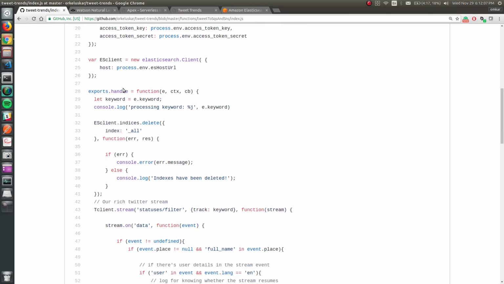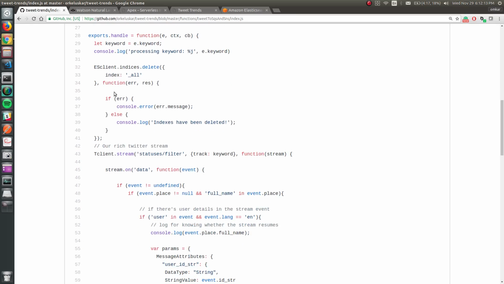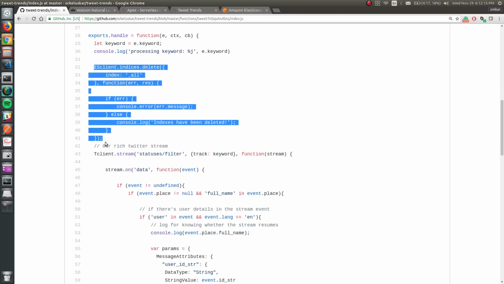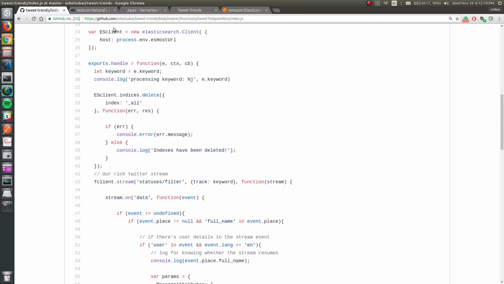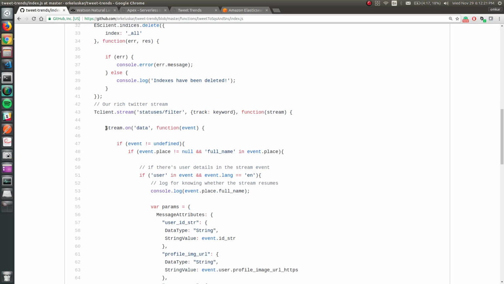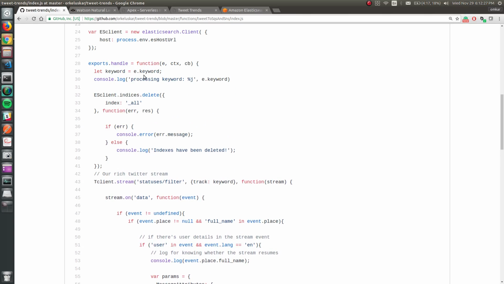Then this is the export handler, which gets fired when you trigger this Lambda from the front end. You can see here I'm deleting all indexes which are on my Elasticsearch host. After that I'm starting the Twitter streaming API for the keyword which I'm getting from the front end. This is the event that was triggered, and from that event I'm getting the keyword, and I'm using that keyword to track